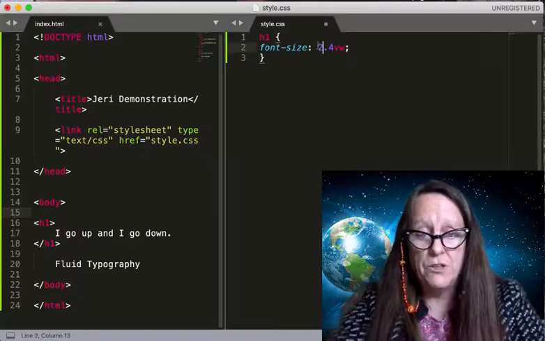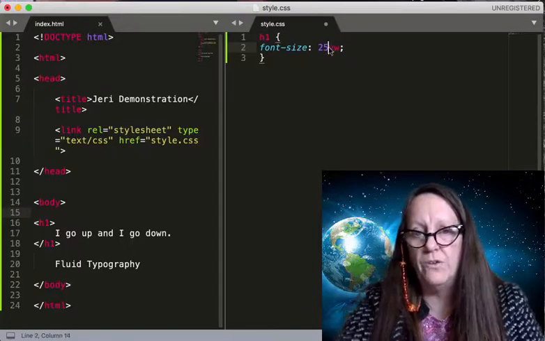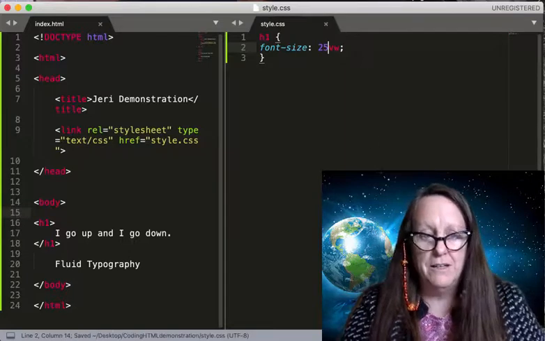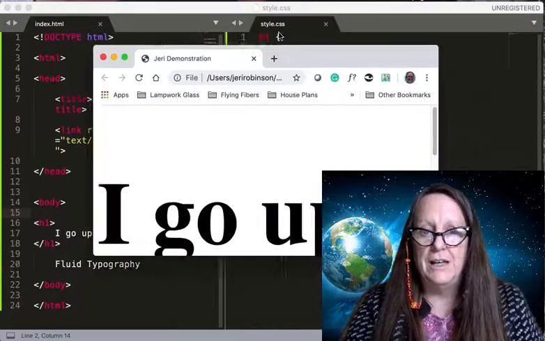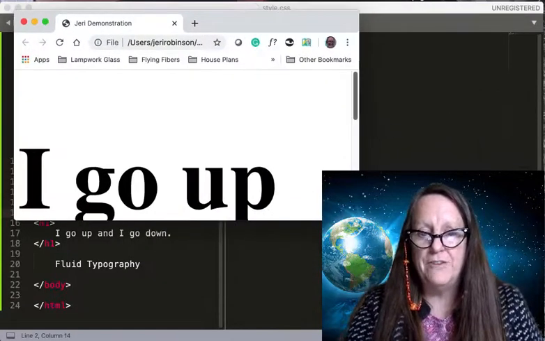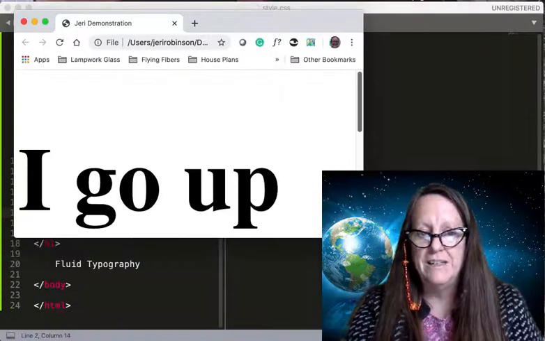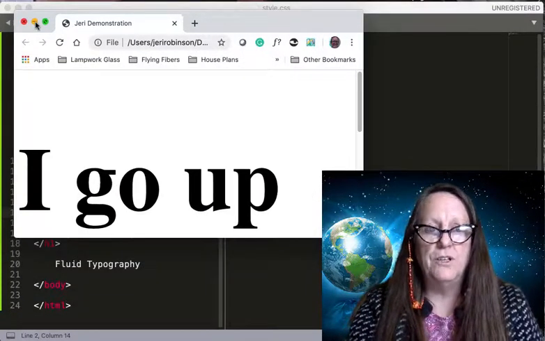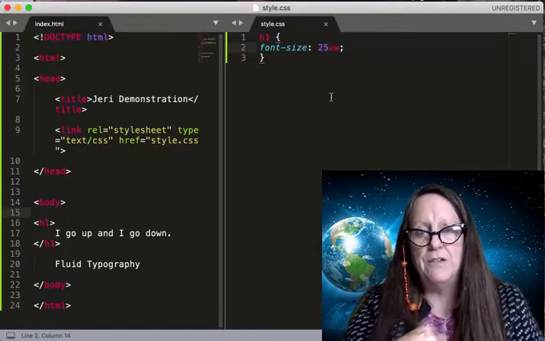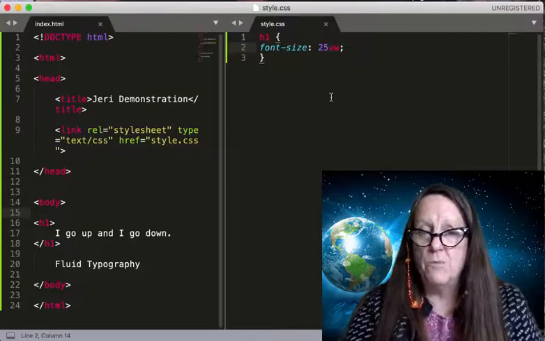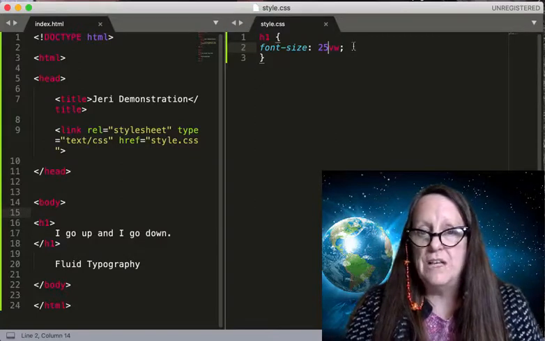Change it. Let me go to 25.4 here. I don't even need the points. I can get rid of those and save it. Pop back there again, refresh, and whoo, you see that 25 is enormous and can't even fit on the screen. So you'll notice that your sizes are going to stay relatively small. We found in past classes that somewhere under 10 tended to work best,